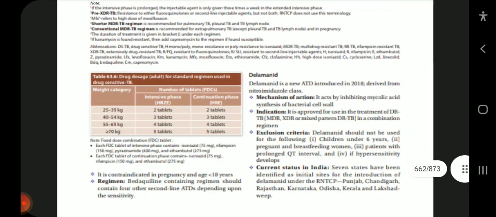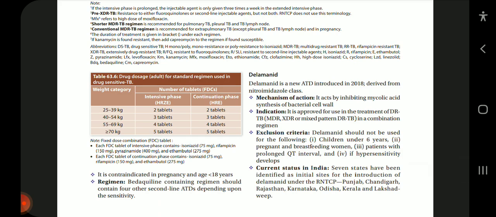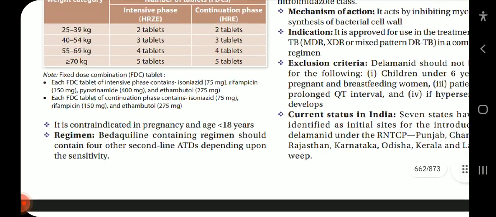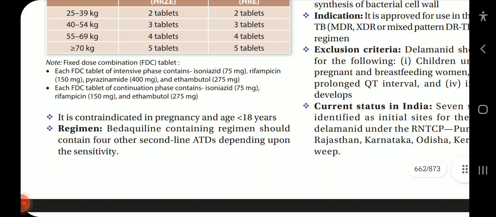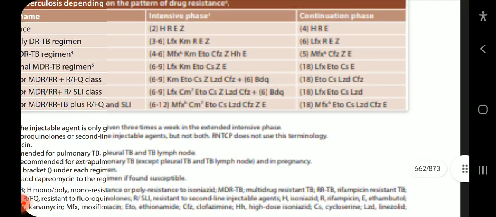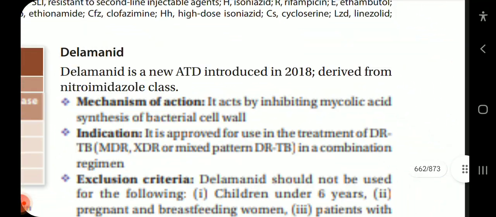Okay, so now continuing that, bedaquiline is contraindicated in pregnancy and age less than 18 years, and a bedaquiline containing regime should contain 4 other second line ATDs depending upon the sensitivity. Next drug in the line was